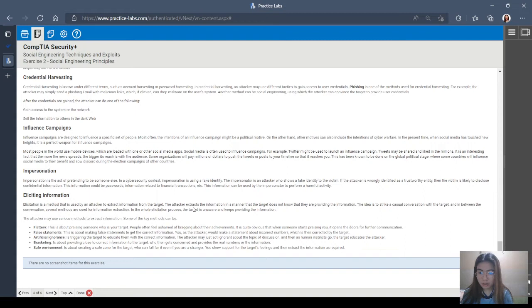In the whole elicitation process, the target is unaware and keeps providing the information. The attacker may use various methods to extract information. Some of the key methods can be